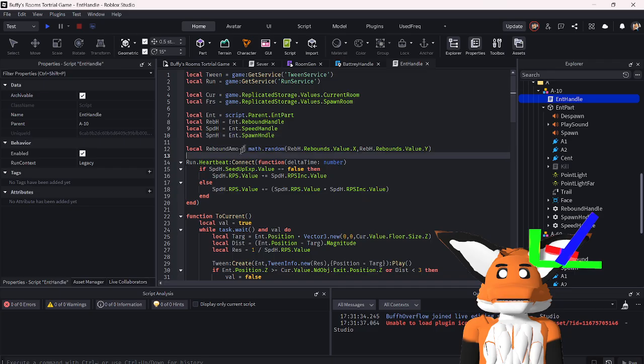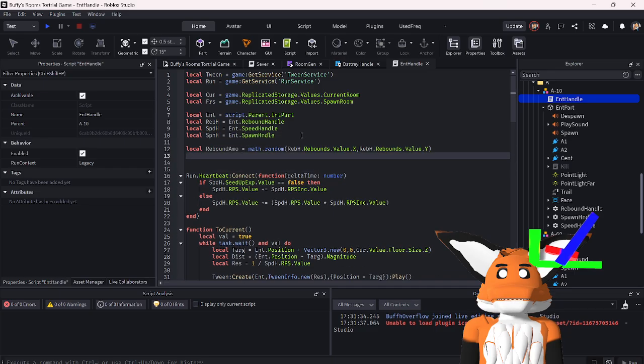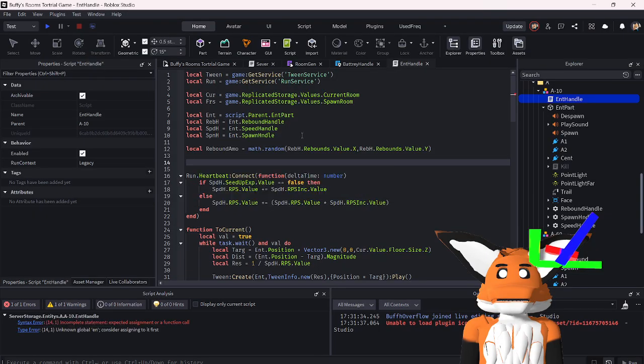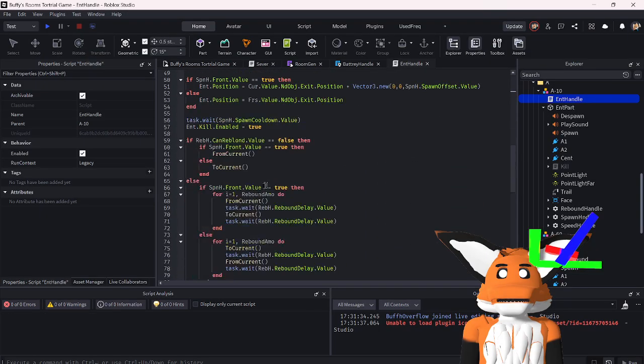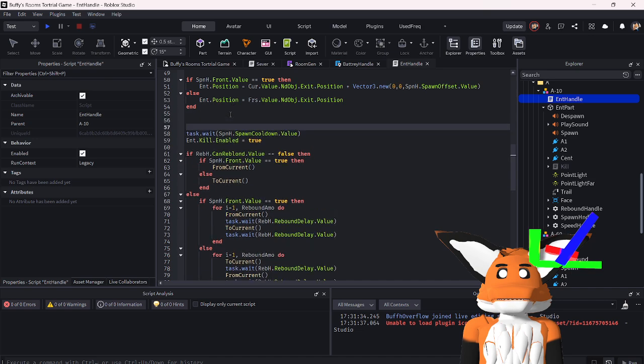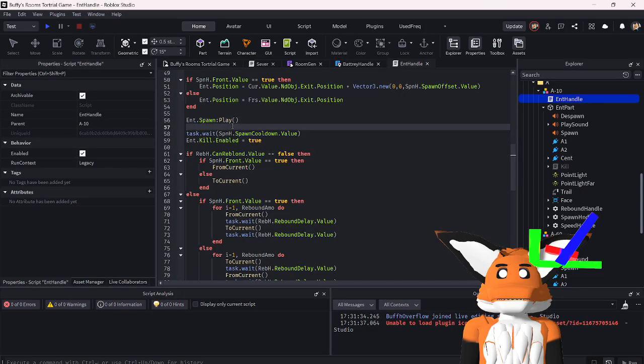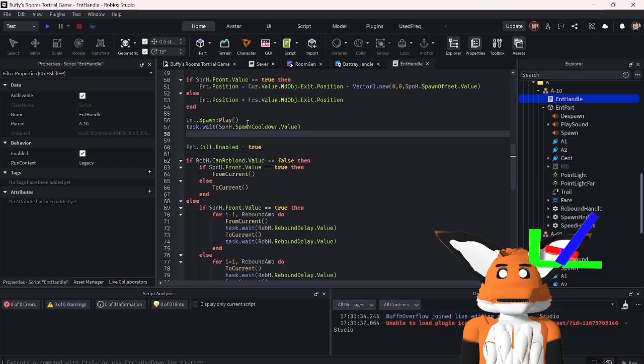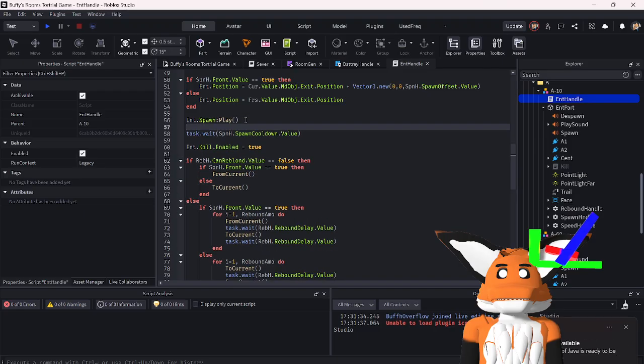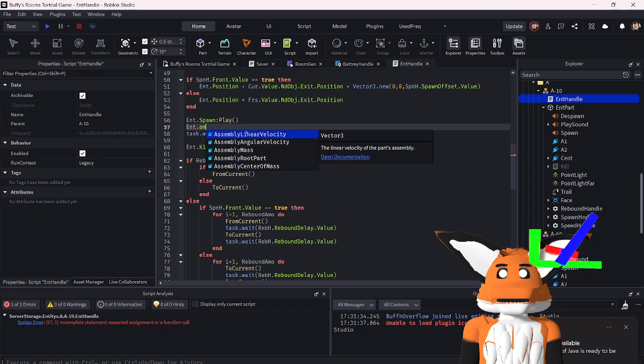And it is just as simple as, I'm going to move this down here, where it's beginning the code, so right here, int spawn play, and then int ambient